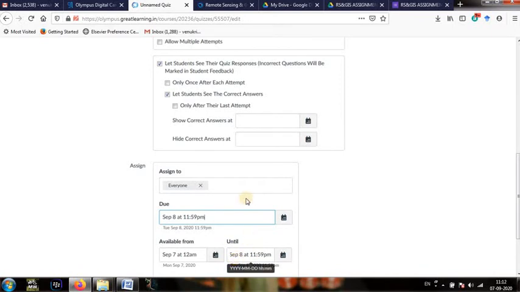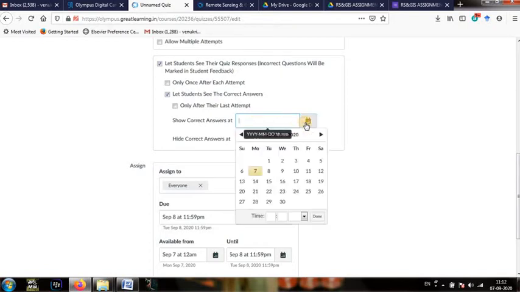Okay, now coming to this, show correct answer yet. So after submitting, student will get marks, but he don't get answer because hiding the answers for remaining students until remaining students are submitted. Okay, so we don't show that answers until after the submission date finished.